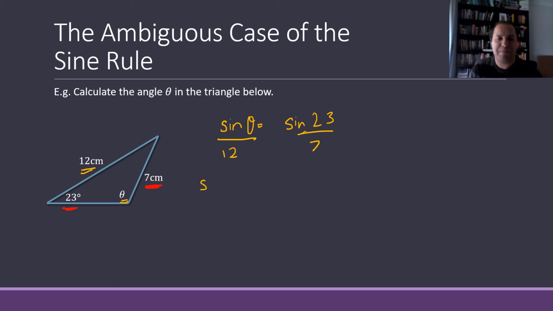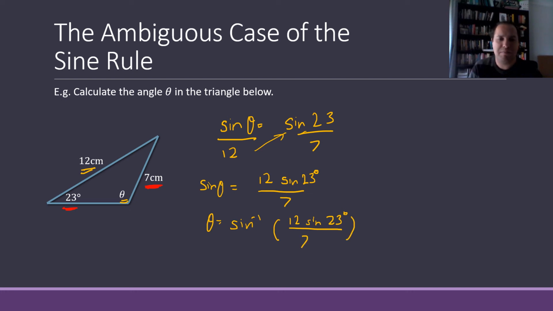Rearranging that, sine theta equals 12, so multiplying by 12 gets it to the numerator, 12 sine 23 degrees over 7 is our sine theta value, so theta must be the inverse sine of 12 sine 23 over 7,